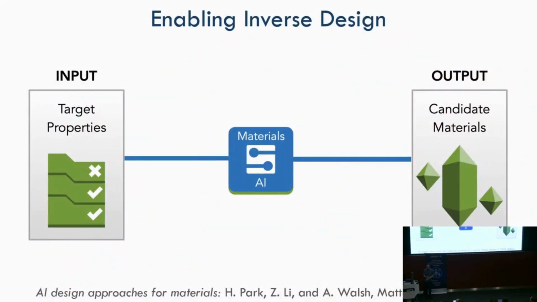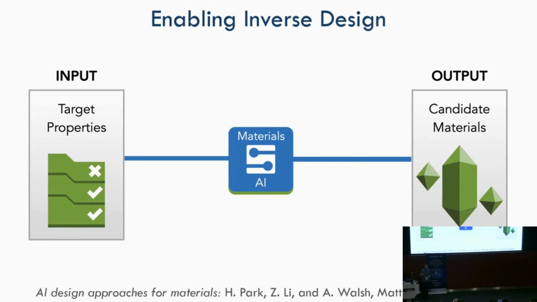But I would say the more important point is enabling inverse design. This has been a dream in material science for a long time, where the input to a simulation or to a code is a set of properties we want. This could be a material we want to substitute in a device, but we want to keep the same function. Or it could be a set of properties that haven't been observed yet, but we want to know, is there a material that could actually realize that combination?